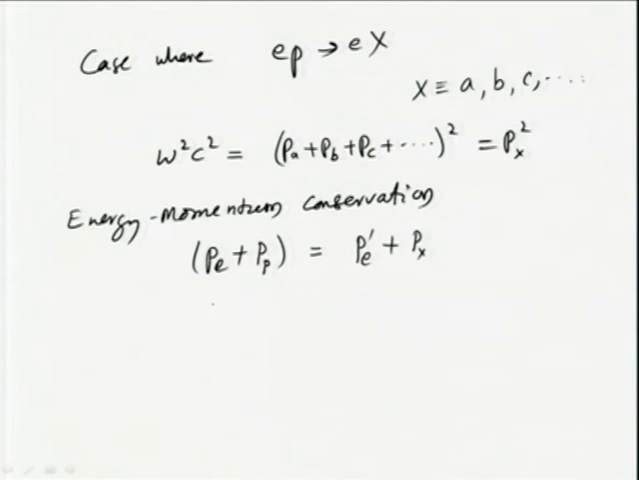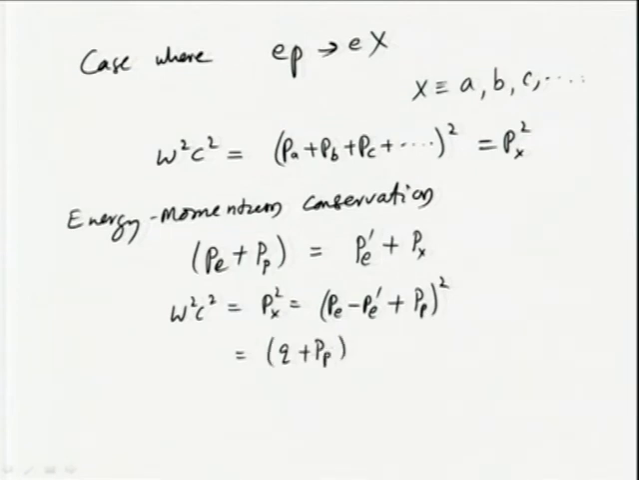So, this will tell me that W square c square is equal to Px square, which is equal to Pe minus Pe prime plus Pp, squared, which can be written as Q plus Pp square, where Q is equal to Pe minus Pe prime, that is, E minus E prime, and we will denote this by nu by c,